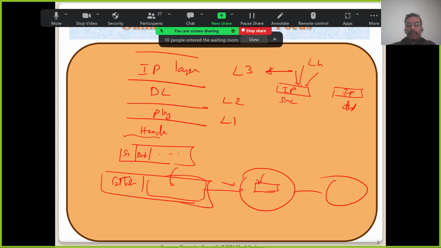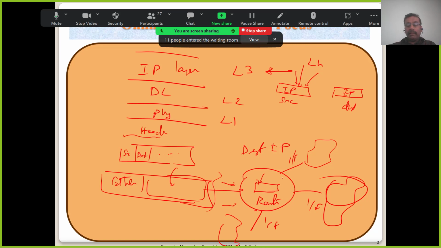Now, before they do it, the routers look at the destination IP and check, am I on the same network? As you are aware, a router has multiple interfaces it is connected to, and those interfaces are on some network. Let me call this a network, and it is coming in on one side, and the router is sitting on multiple networks, and it has a destination IP, and it is trying to see whether